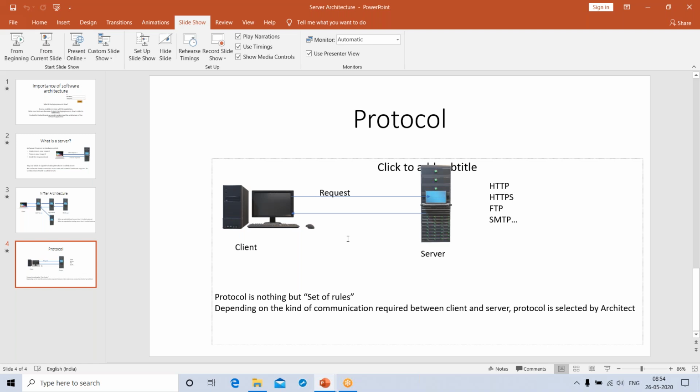Hello. Yeah. How much time will it take for the client to server for taking the protocol? Your voice is not clear. Can you ask the question again? How much time will it take for a request from client to server? It should be in a fraction of a second.